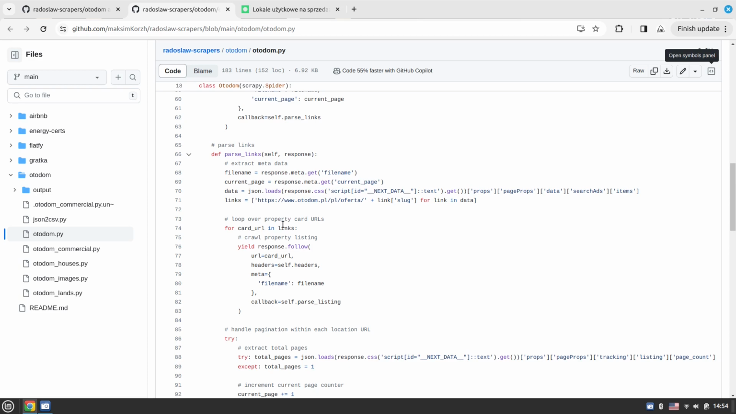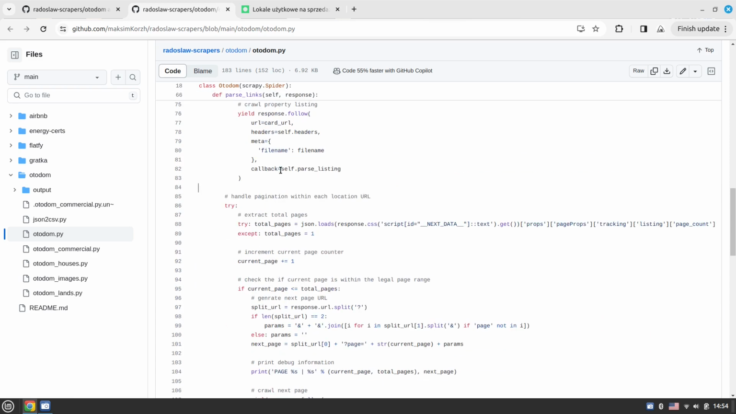Once these links are stored as the list, these two lines are responsible for this. These two lines would always be different. So these lines are being changed. Then this is the standard part, so we just recursively crawl through them and call the callback function pass listing,